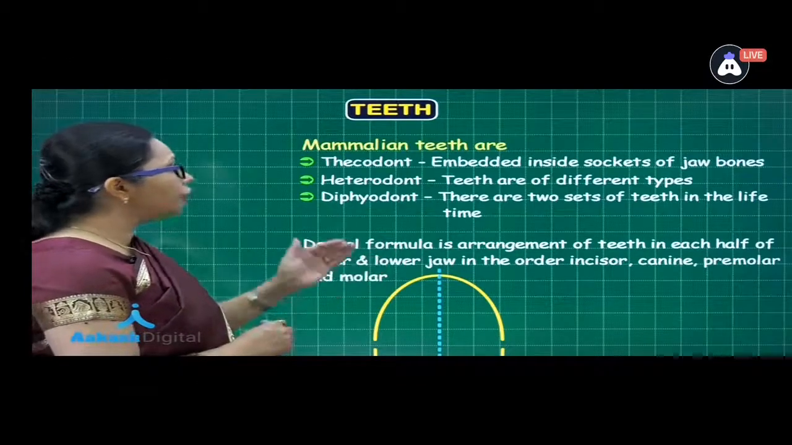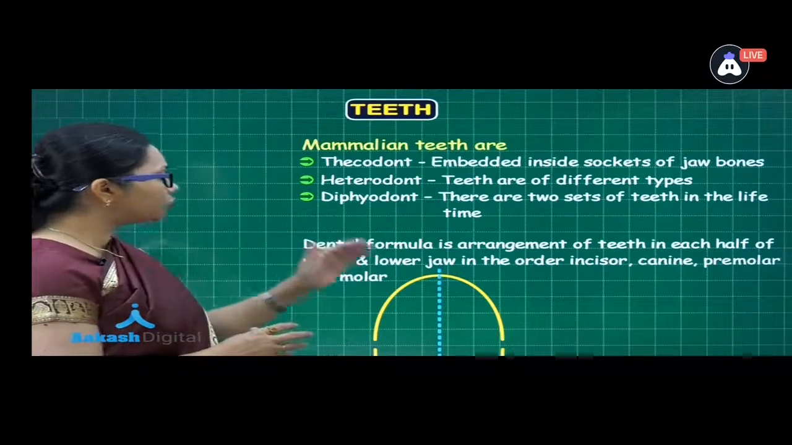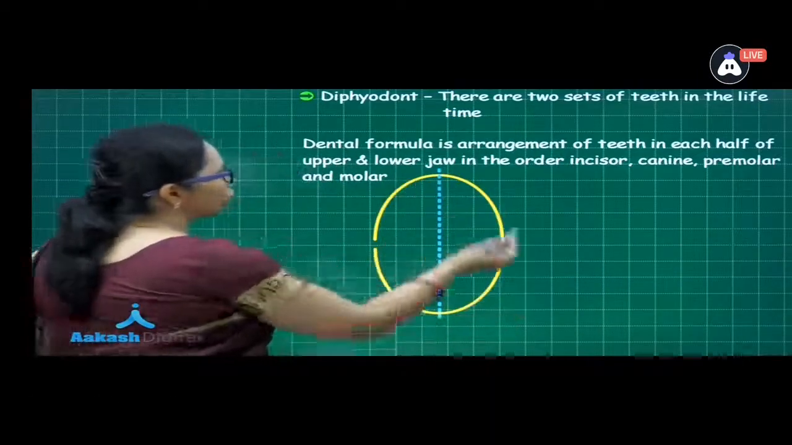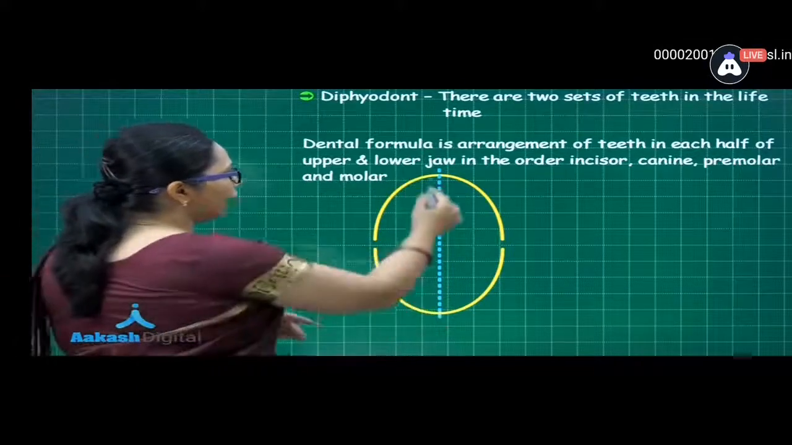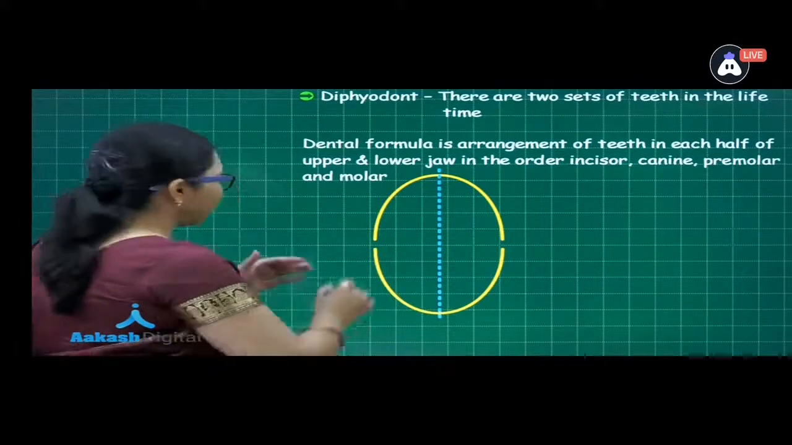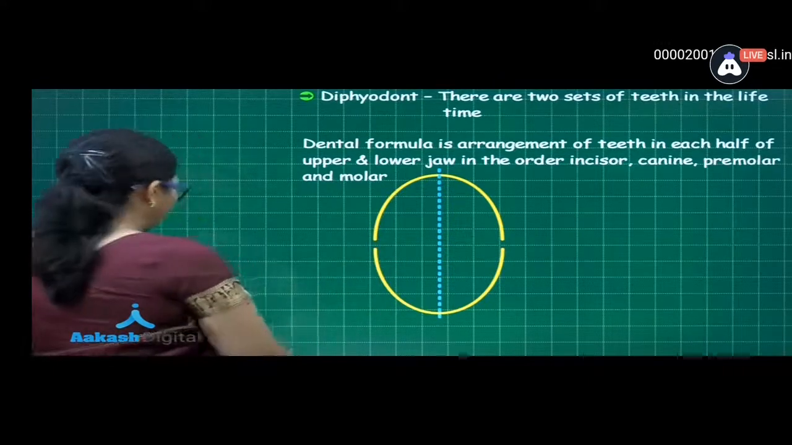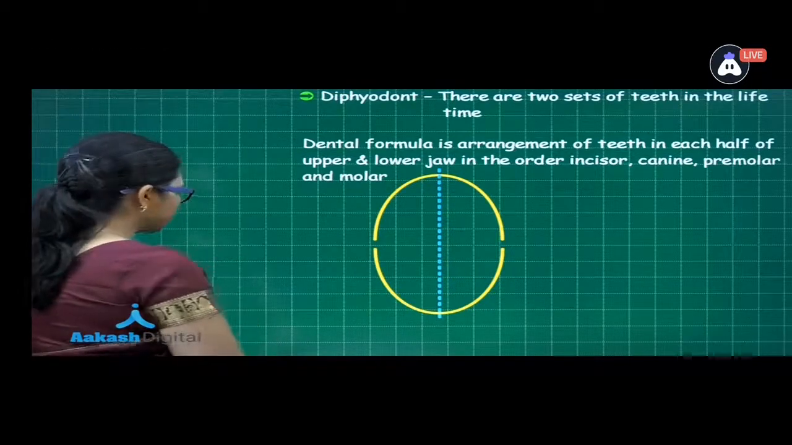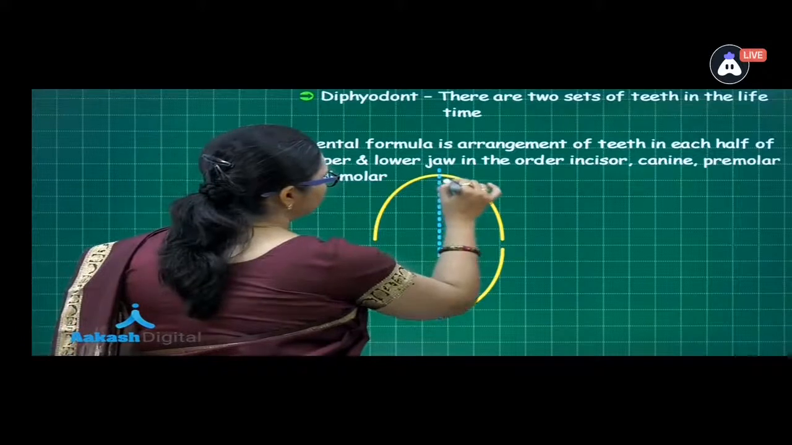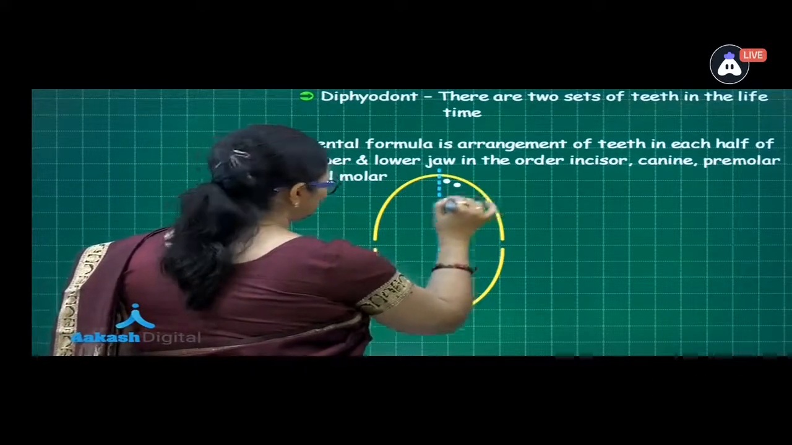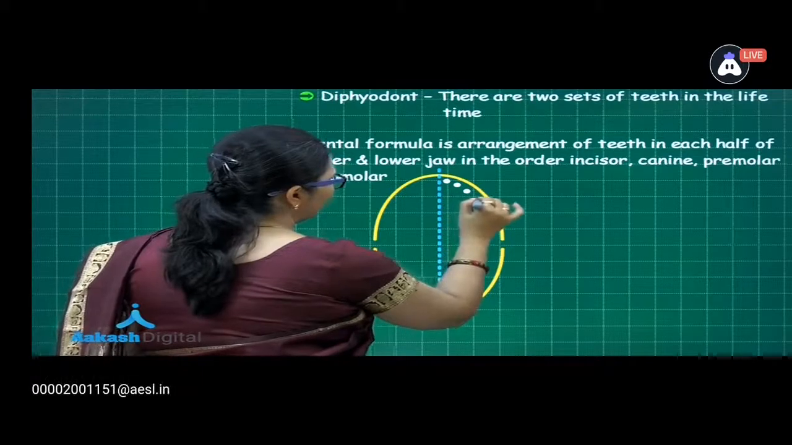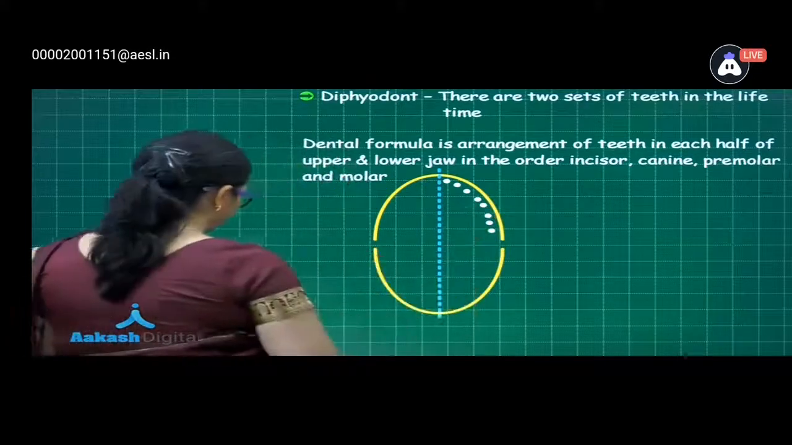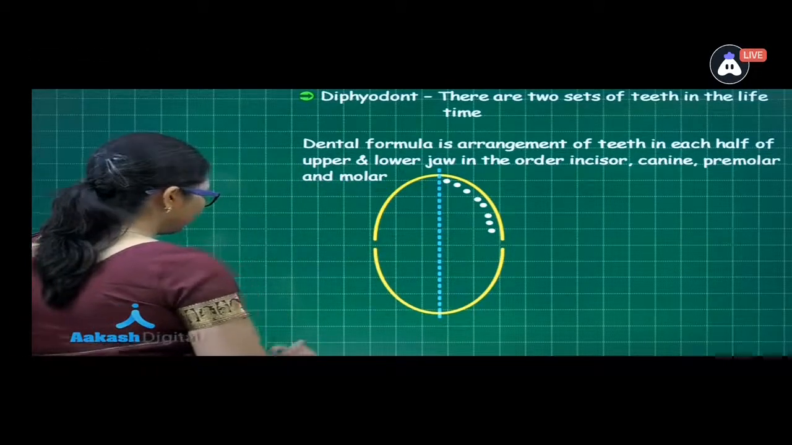Now when we talk about dental formula, it is arrangement of the teeth in each half of the upper and lower jaw. Now here let us say this is showing the upper and lower jaw, and we are taking the half of it, and this dental formula has to be written as the number of incisors, and incisors would be here, then this would be followed by the canine, then we have the premolars, and then finally the molars. So these have to be mentioned